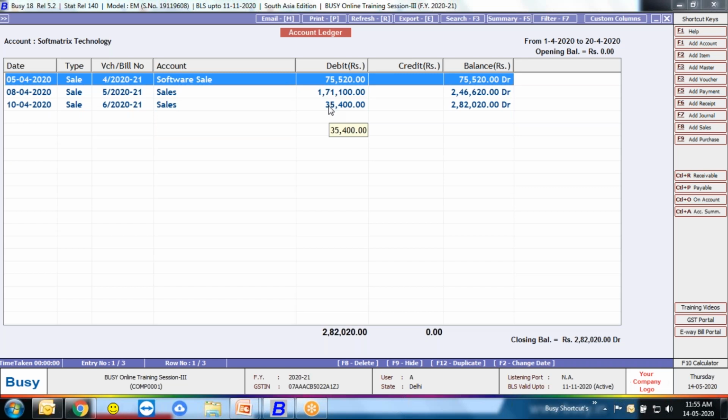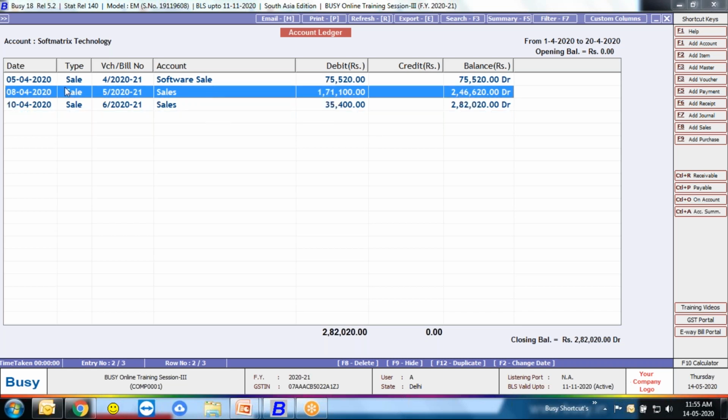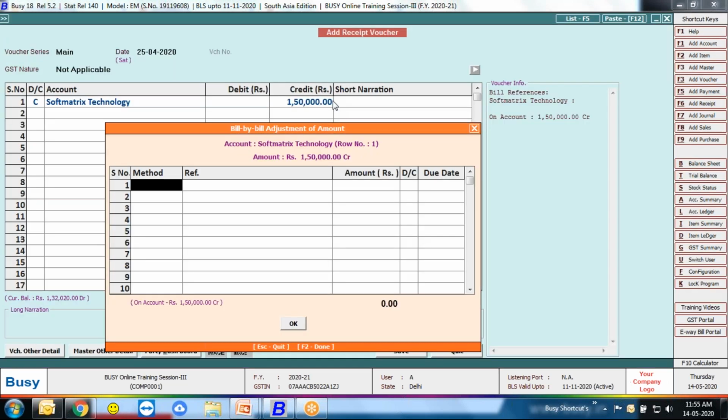So the Soft Matrix party said to me, sir, just leave my invoice number third, and first you need to adjust my invoice number second, which was created on 8th of April. Means he said I need to adjust the second invoice rather than on first basis or last basis. So by using the bill by bill,